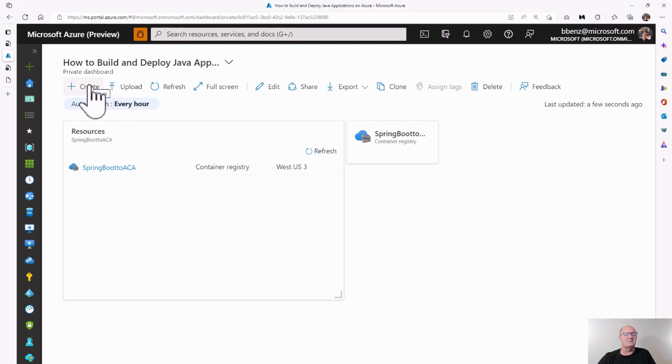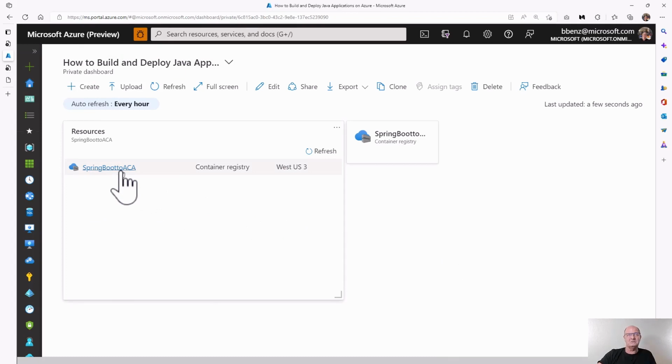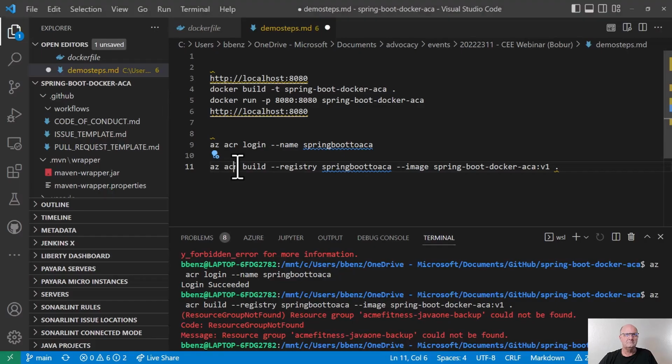All right, next, we're actually going to create an Azure Container App. Oh, wait, actually, no. The first thing we want to do is generate the image inside of this container app that we want to deploy out to the container registry, and then deploy out to the Azure Container App. So let's do that first. So what I want to actually do here is set up my command with a resource group. If you notice here, it doesn't have one.